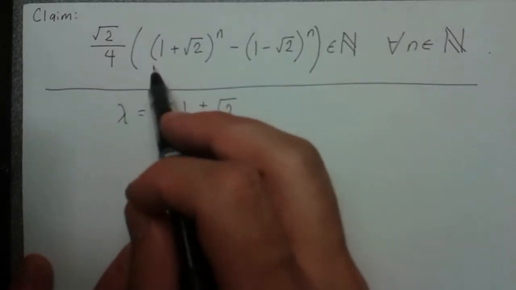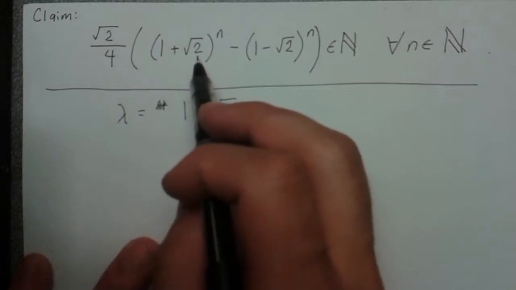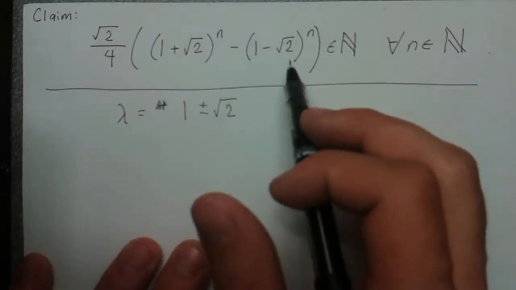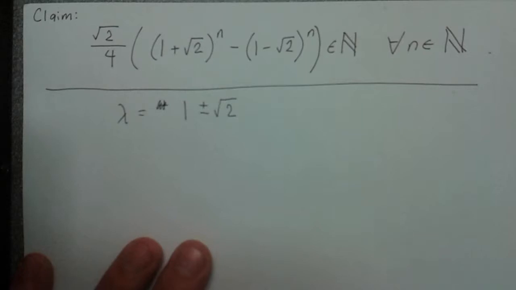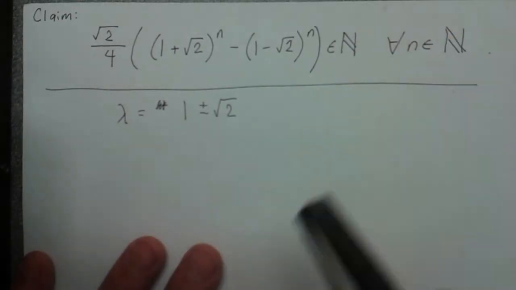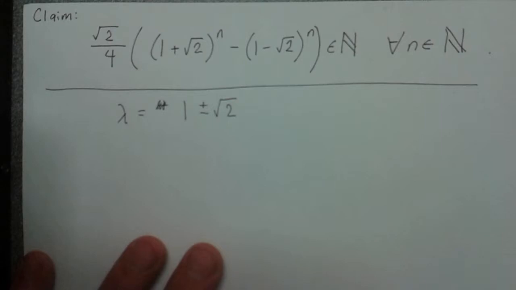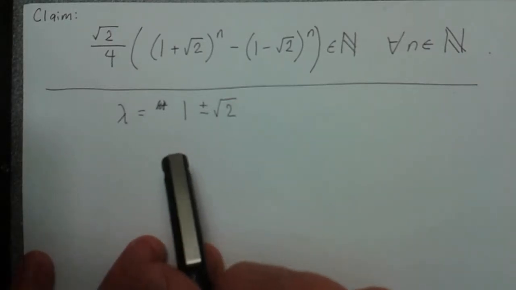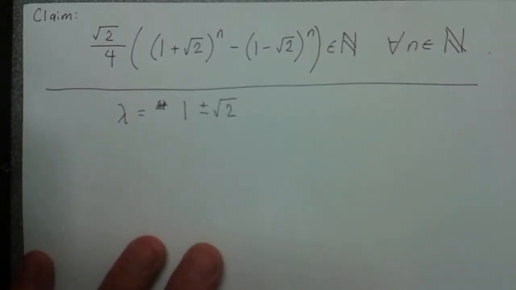You can think of this number here, the 1 plus root 2, as being lambda 1. 1 minus root 2 is lambda 2. And these are the roots of a characteristic equation of a linear recurrence relation, whatever they're called. So these are the two values, and now we have to find the